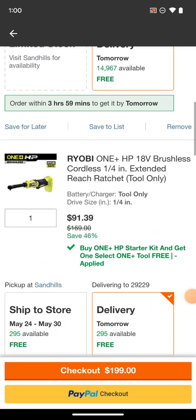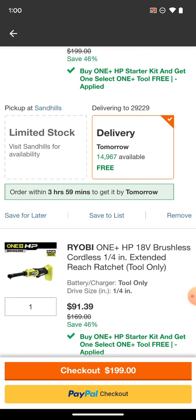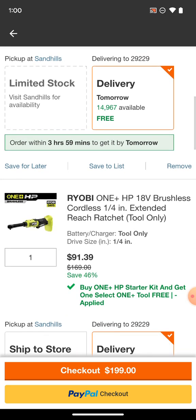Next up, we got the extended reach 1/4" brushless HP ratchet. Again, you can still pivot the head 4 positions, 90, 180, and all the way back around, and kind of get that battery out of the way for better access, depending on the fastener you're trying to get at. We're going to see if they have a 3/8 inch ratchet, but for now, 1/4 inch ratchet, $91.39 extended reach,